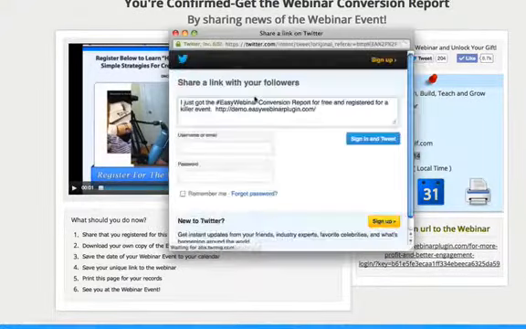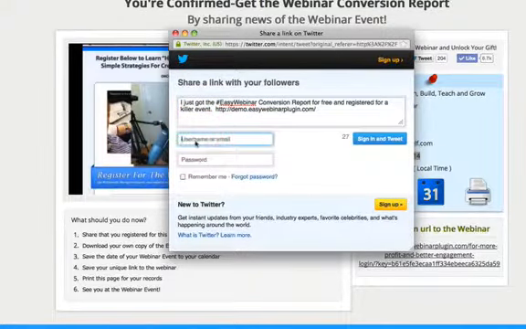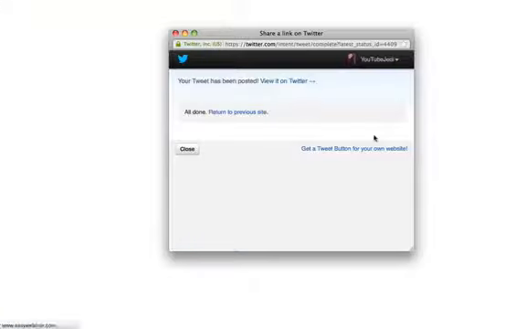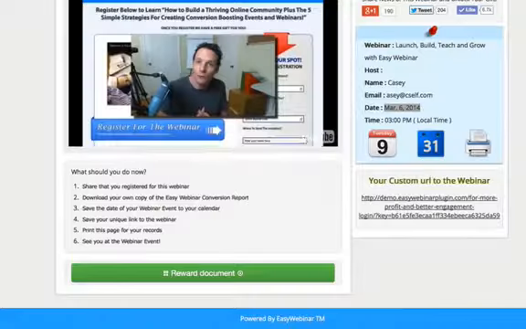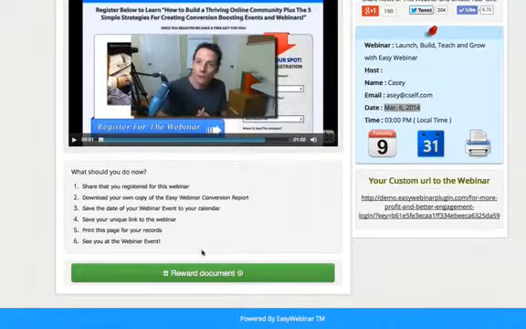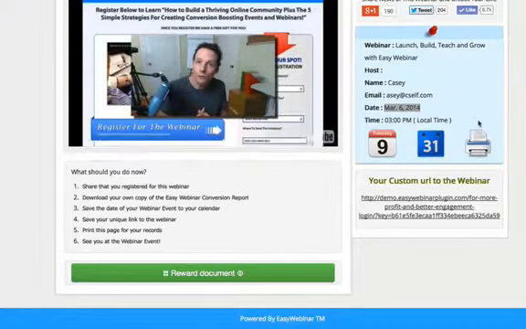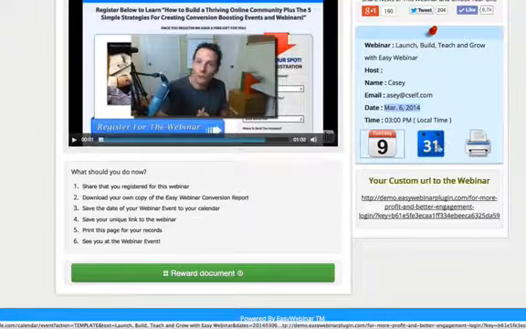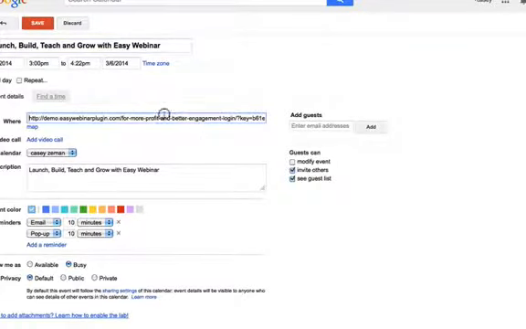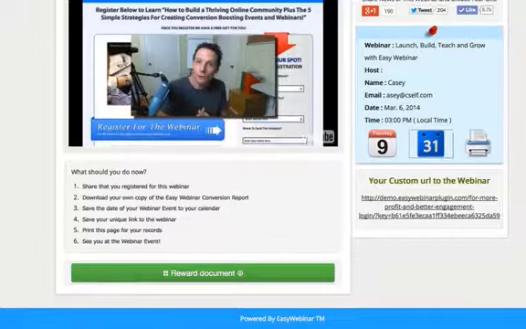So for instance, if I were to tweet this out, this automatically unlocks this PDF that everybody can then watch. And if I didn't get to it there, I could always click here to grab it. Also from this page, you can choose which icon you'd like to do. So if I wanted to add this event to my Google Calendar, I could click right here, and it would add the info directly into my Google Calendar, and it would add the link to the event into my Google Calendar. I could choose to print this page as well,